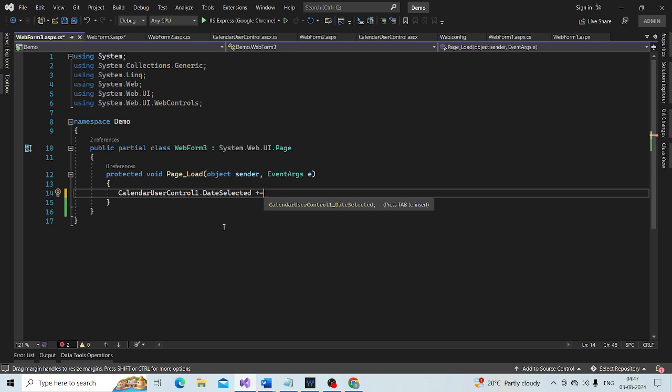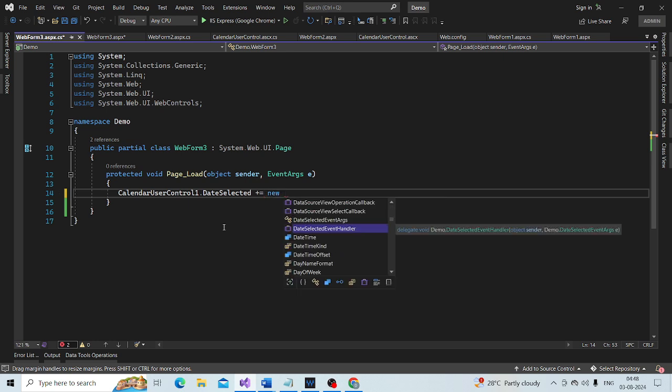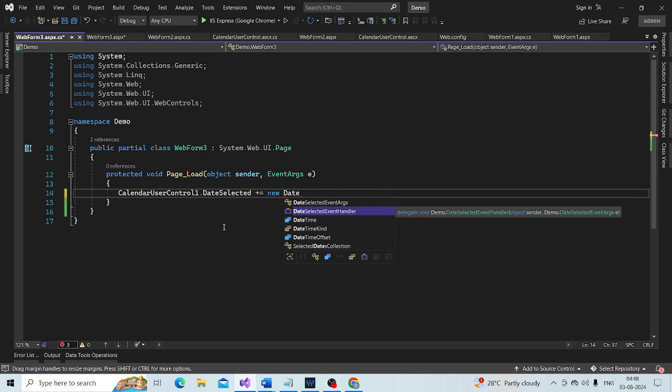Then plus equal, and then look at Visual Studio. It shows the event handler, but here I am not able to see the delegate. So we need to write the delegate name ourselves: new DateSelectedEventHandler.